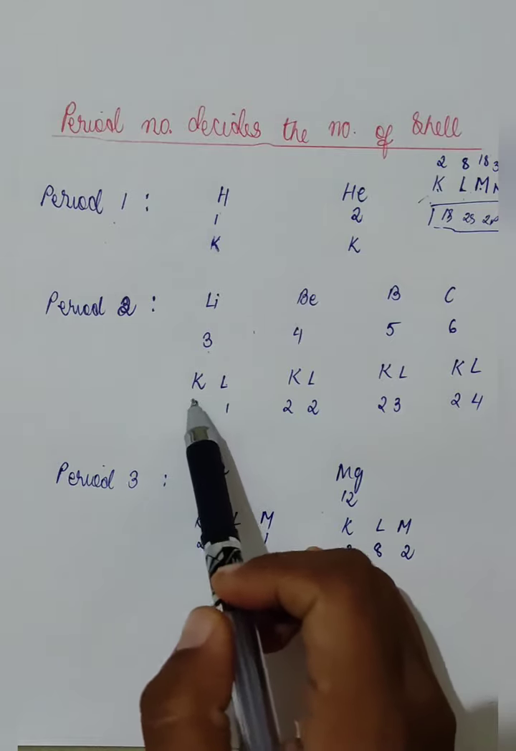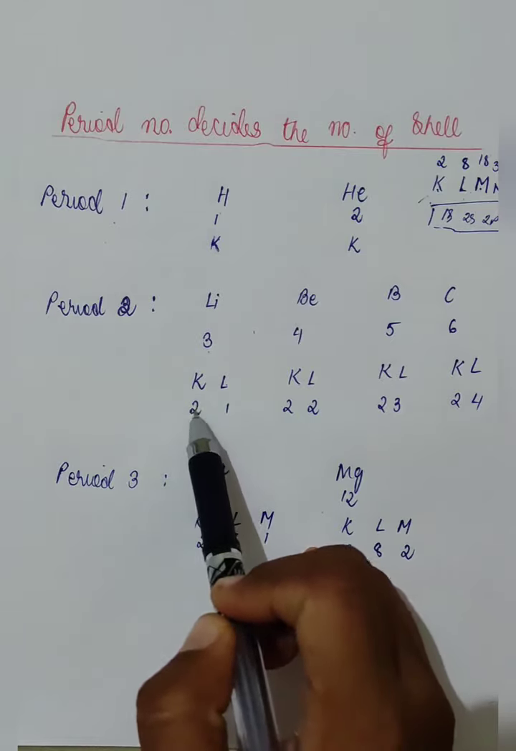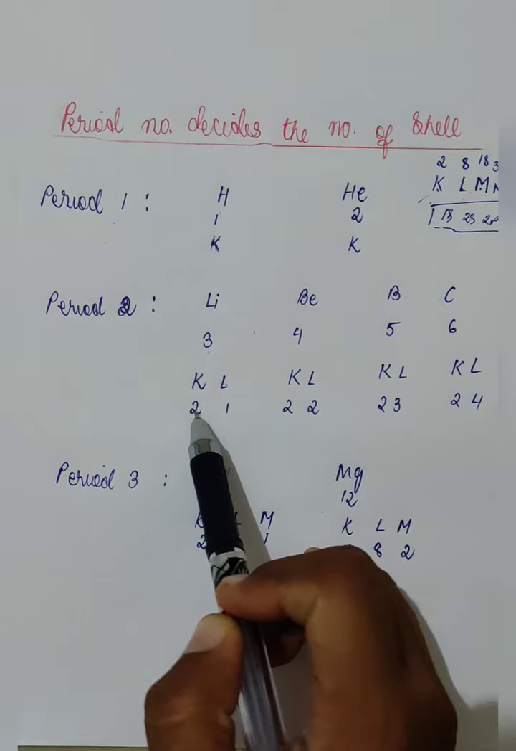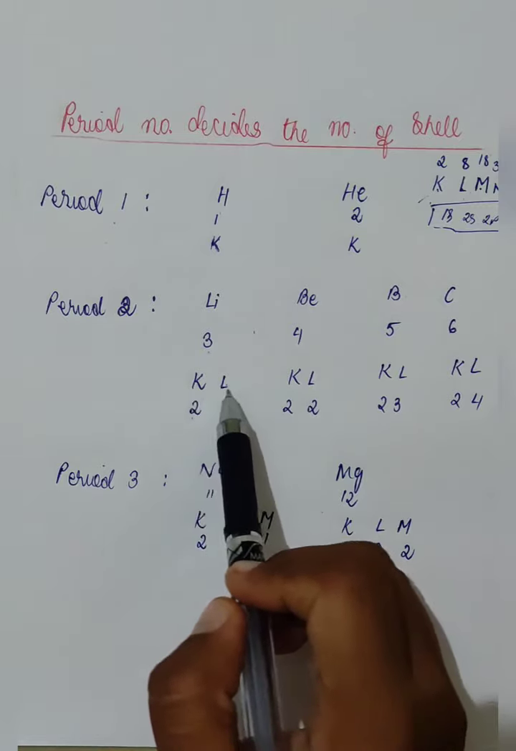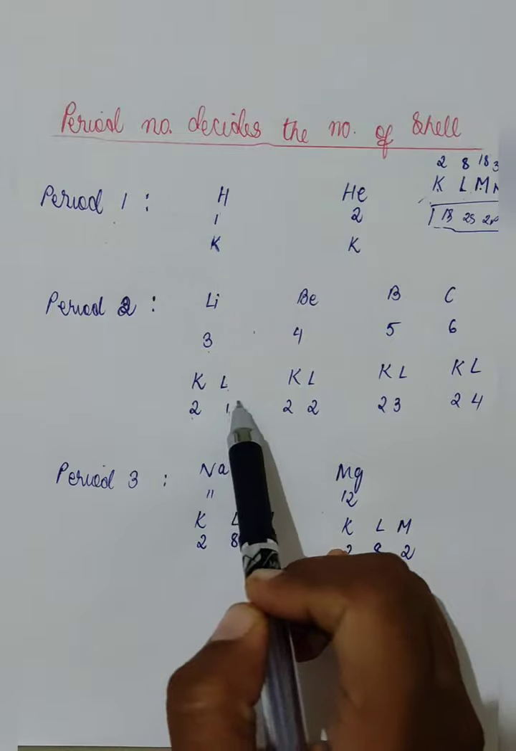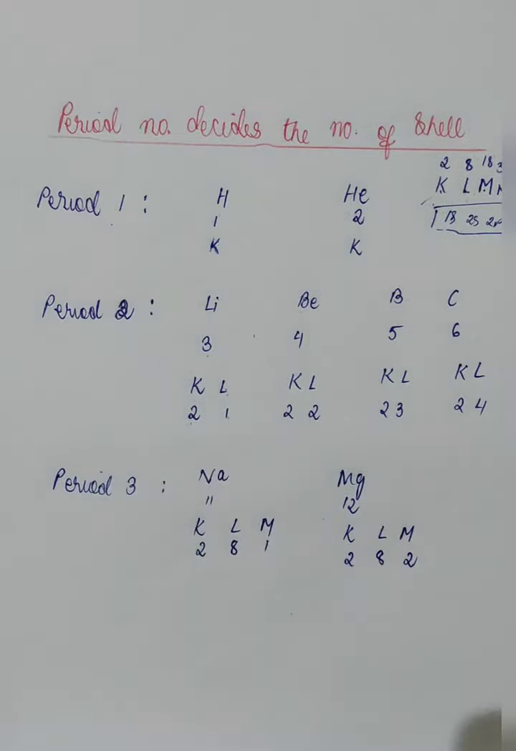This is the maximum number of electrons that can be accommodated in the K shell. That is why we are putting only 2 electrons in the K shell, so we need the L shell as well. So in the L shell, 1 electron will go, total 3 electrons. For beryllium, we have